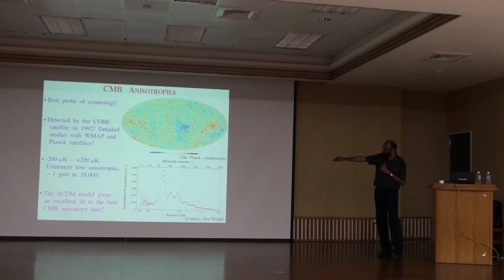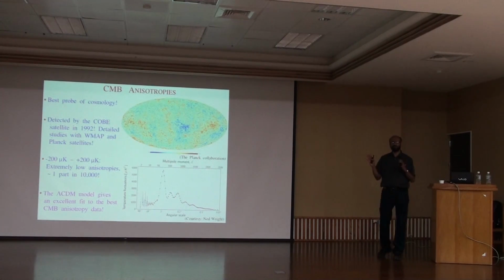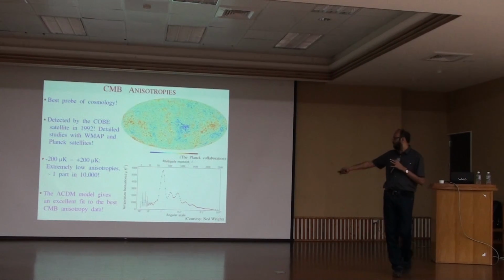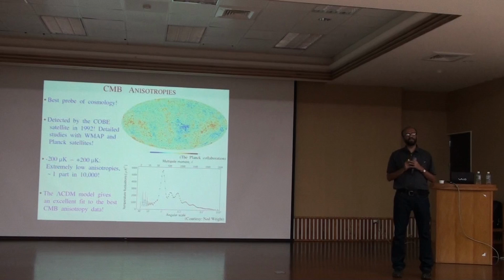And this green line over here is the fit of this model. And you can see that the fit of this model with the data are just wonderful. It's a spectacularly good fit. We know the cosmological parameters from this fit to about a few percent. And I'll talk about that later. But this is what we do in cosmology. It's one of the biggest things we do in cosmology today.